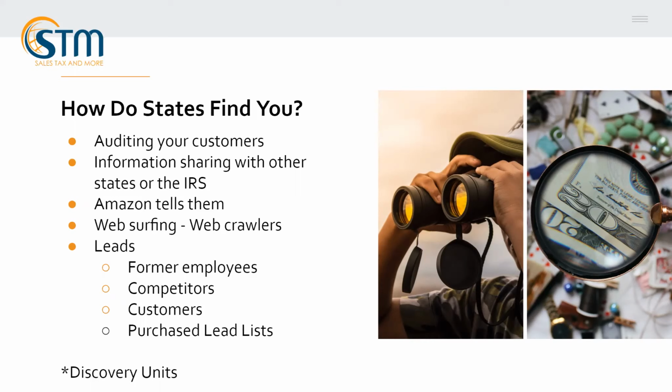We talked about information sharing with the IRS. They very often ask for that list of 1099s, but there's also information sharing with other states, especially in the Southeast. If one state finds you, they're probably not going to get calls right away. That state wants their money first, and you're probably not going to get called by every state in the country. But don't be surprised if 6 months later you're getting calls from 2 or 3 other states, because they do share information. Amazon tells them,